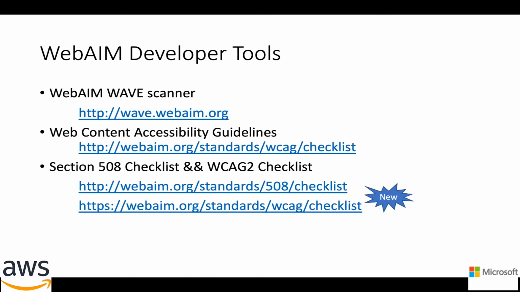Now, as far as tools go, we have a developer tool called the WebAIM WAVE Scanner. Now, this is really cool. WAVE goes through, and you can do one of two things. You can download it and run it locally and build it into your continuous integration or other build processes that you have. And your WAVE Scanner will allow you to check all your web pages as they're rendered, and it will tell you things like, oh, contrast is terrible here, or it's okay here, but you could maybe make it a little better, or you forgot things like, oh, an alt tag on an image is highly important, right? Because a screen reader can't magically tell you what's inside of an image, right? So it needs the alt tag,